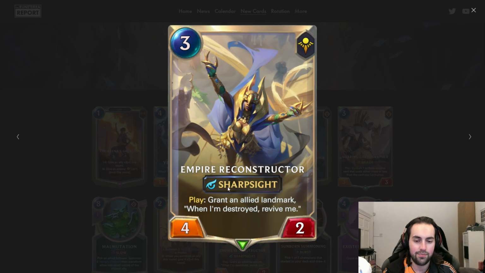Pretty strong. Okay, we have a Sharp Sight. It's a 3 mana 4/2 Sharp Sight. Play. Grant an allied landmark. When I'm destroyed, revive me? Oh my god. You can't get rid of Sundisk anymore. No! Well, you can, you just gotta kill it twice. That's for stories, obviously, but like...